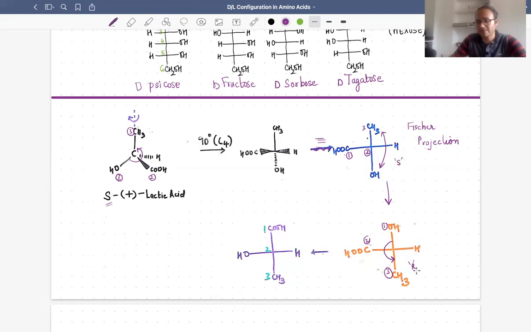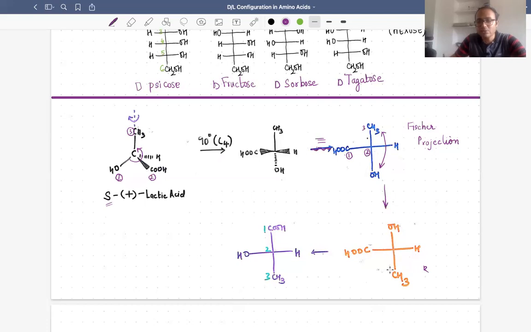Now this is R. So whenever you do only one exchange of the group on a Fischer projection, you will always end up getting the other isomer. So to get back the original isomer, you have to do two exchanges. One exchange you have already done here. Let me remove these things. One exchange has been done and led to an R configuration here. So you will do another exchange.